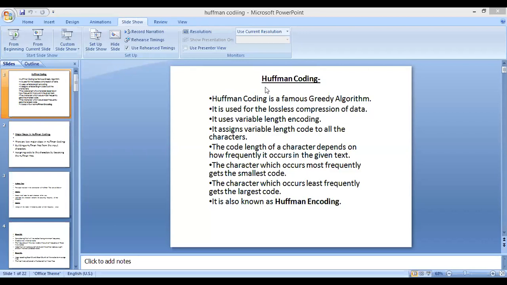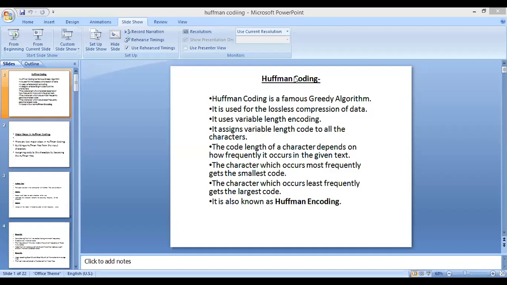What is the meaning of compression? It means we represent the same data using a smaller amount of bits. So we will find ways to represent the same data using fewer bits, and for that we have an algorithm, Huffman coding.